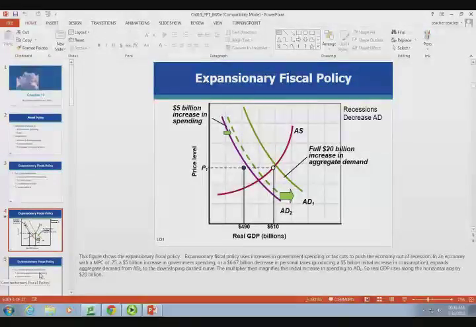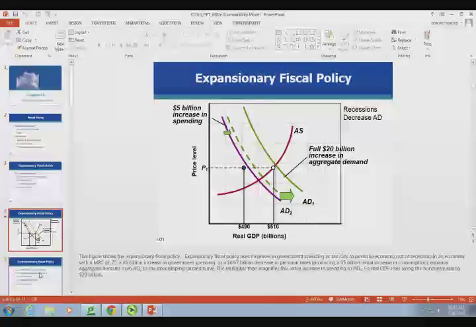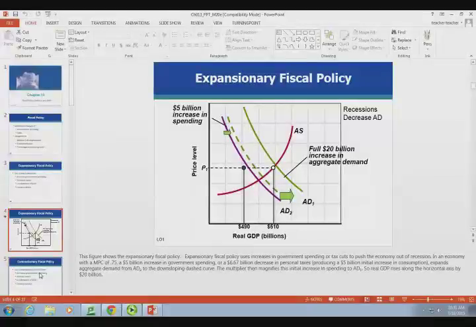All right. Contractionary fiscal policy. This is the opposite. Now remember I told you we only have 2 tools, government spending and taxation. It only involves the president and Congress. All right? Now during contractionary fiscal policy, things are moving too fast. Basically, we're experiencing high inflation rates. We've got to slow this puppy down.